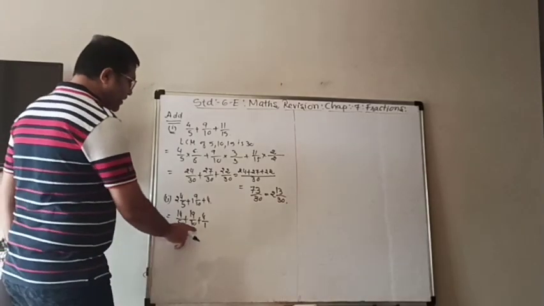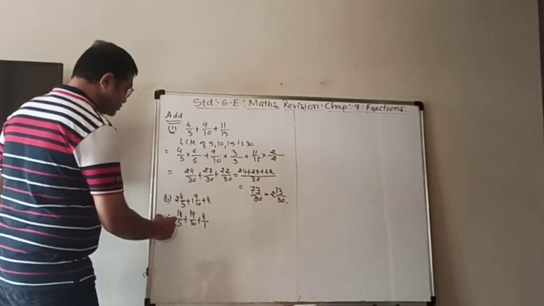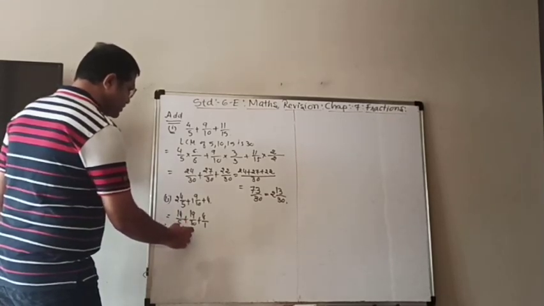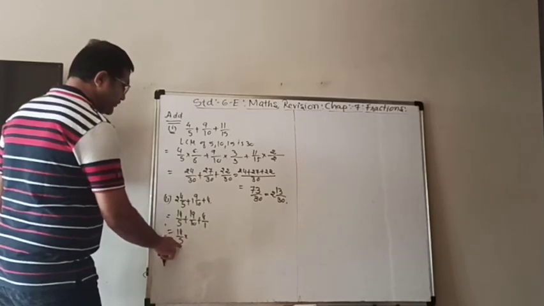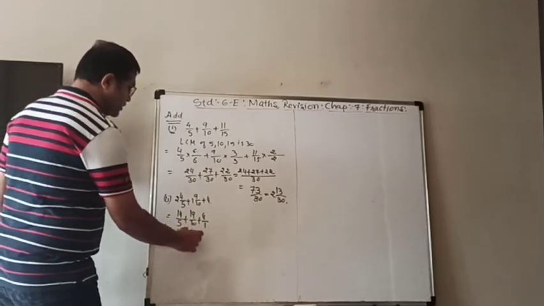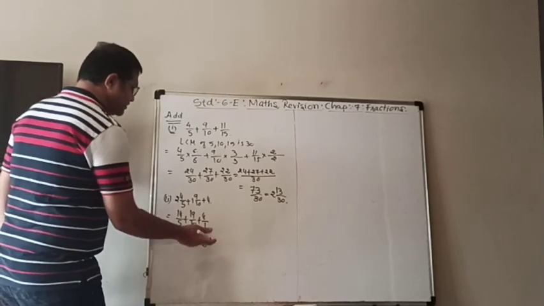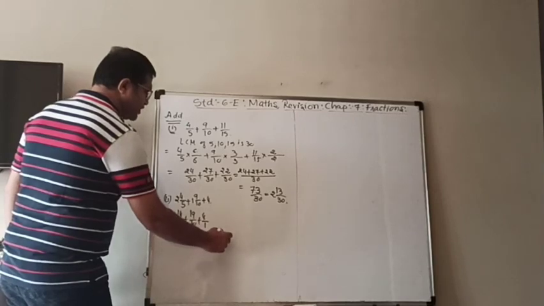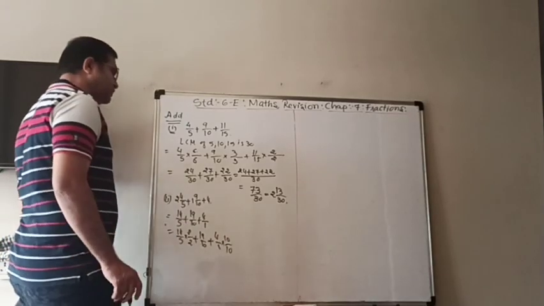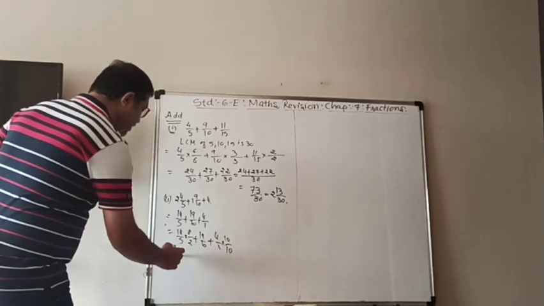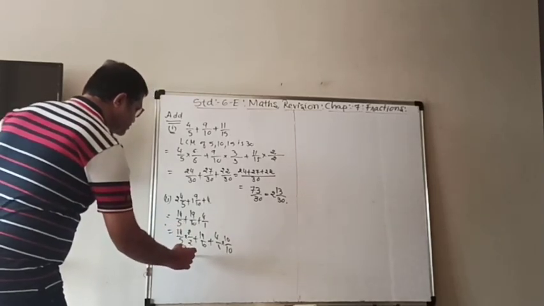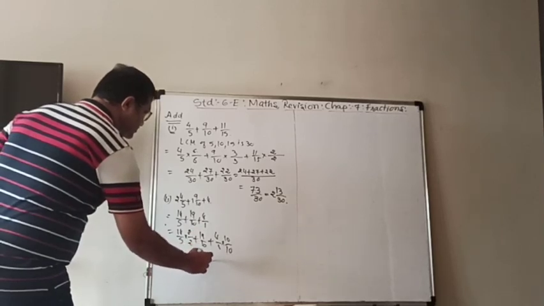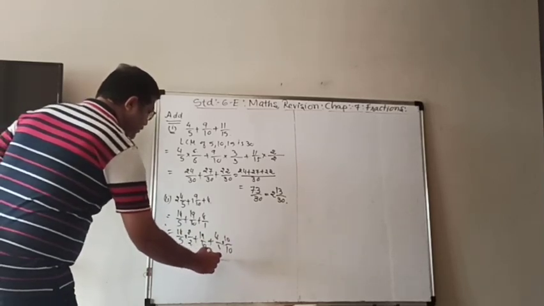So now LCM of 5 and 10 will obviously be 10. So it is not necessary to mention, but you can just directly do it. So now we have to bring 10 here. So 5 2s are 10. Here already 10 is there, so we don't have to. And here nothing, only 1, so we have to multiply it with 10 upon 10. So now 14 2s are 28 upon 10. Here it is already 19 upon 10 and here 4 10s are 40 upon 10.